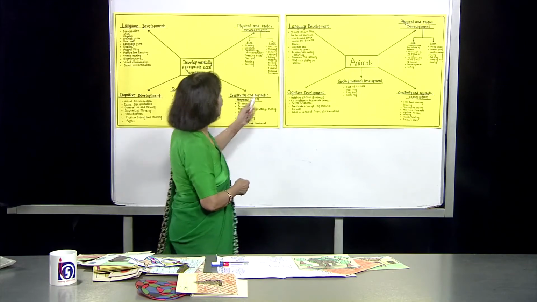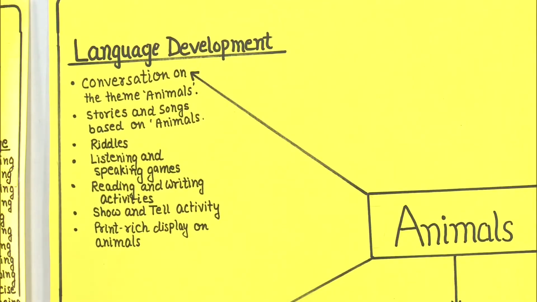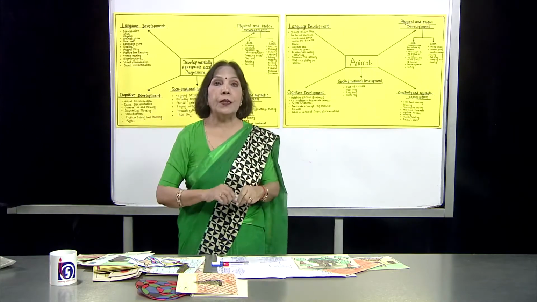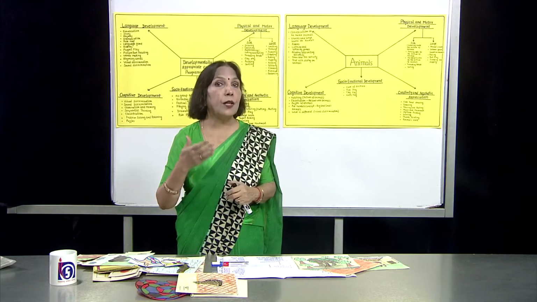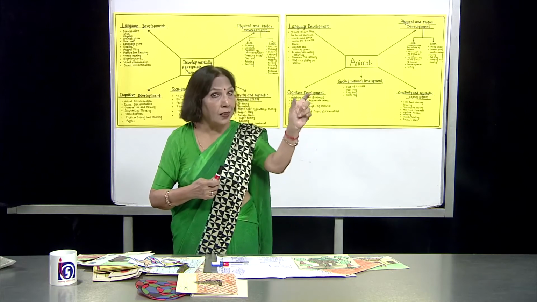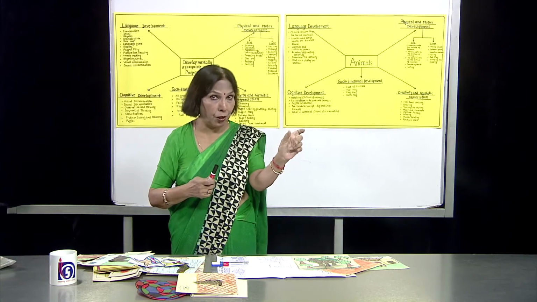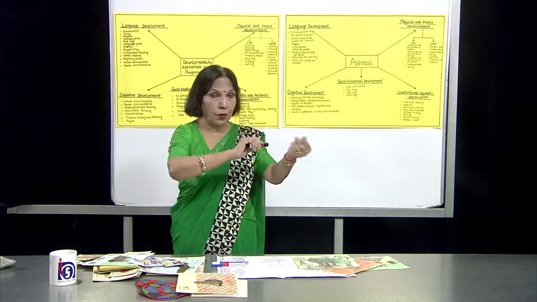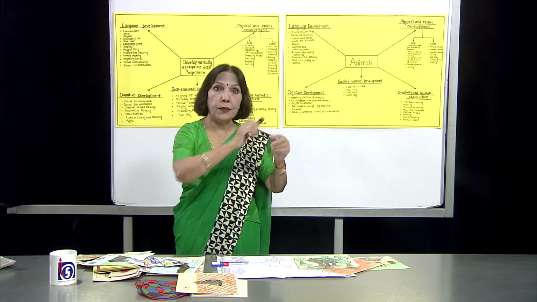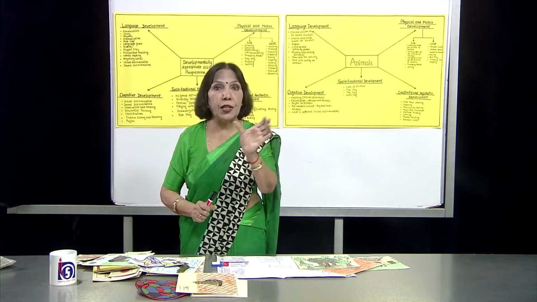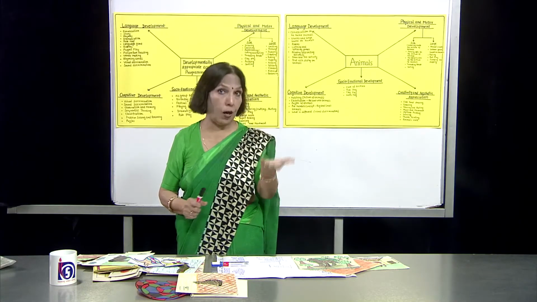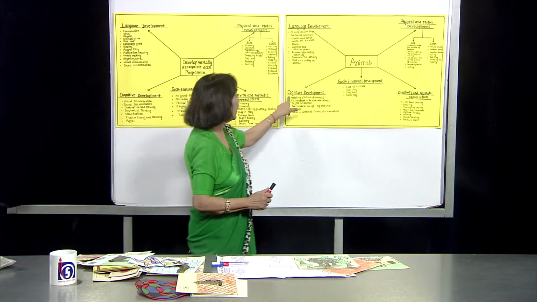And then, print-rich display on animals. So, the whole classroom should be displayed with a print-rich environment, because the children will see the picture and see the name of that picture written there, and they will be able to relate both the things. So, there should be a print-rich environment, as it will help them to read afterwards. Okay? And then comes cognitive development,